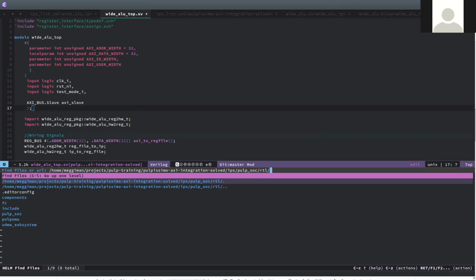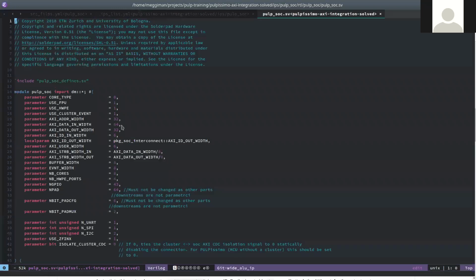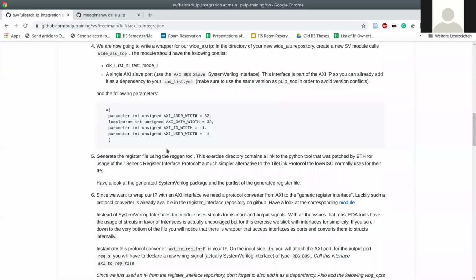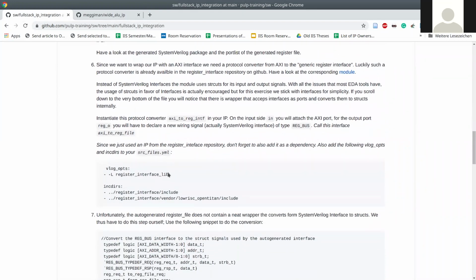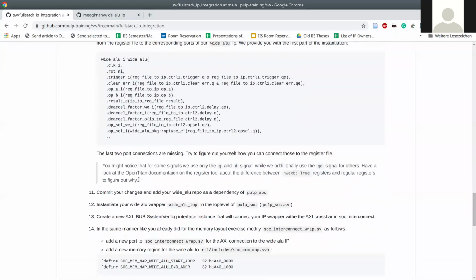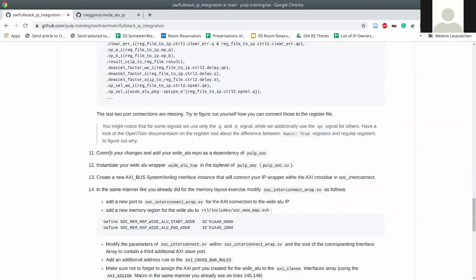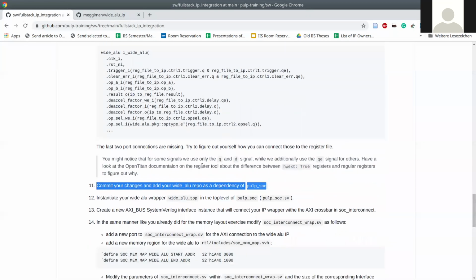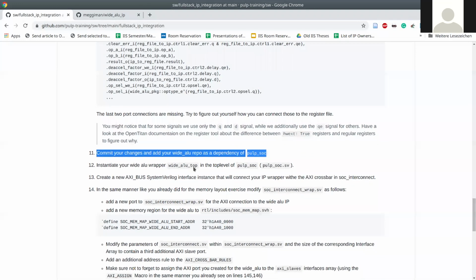So let me quickly open the PULP repository over here, and let's open the instructions once again. We went through all of those steps up till here. So we should commit the changes, which I obviously already did, push the changes, and we should now instantiate our wide alu top